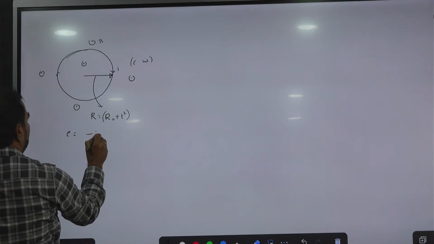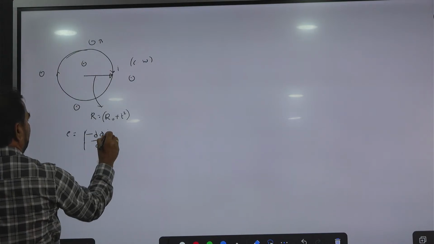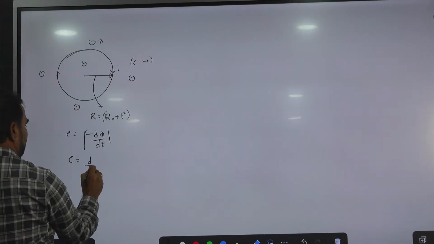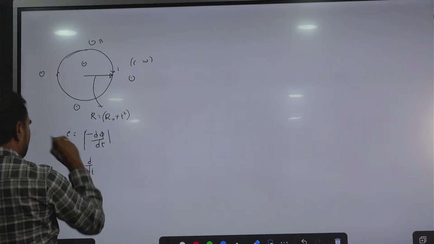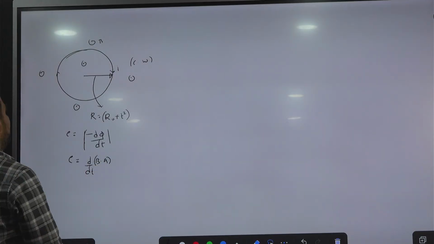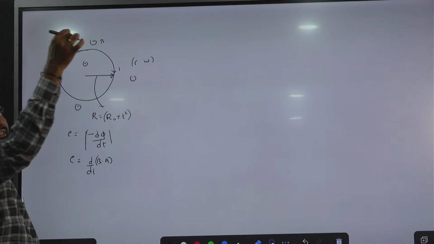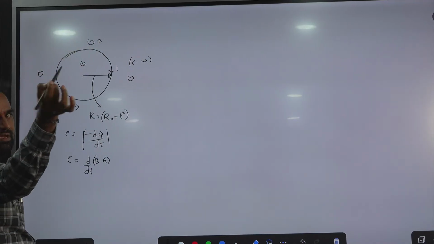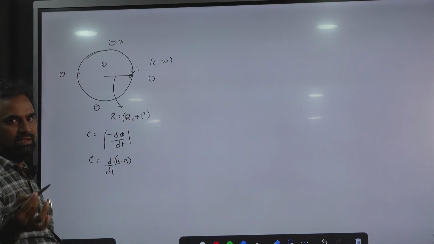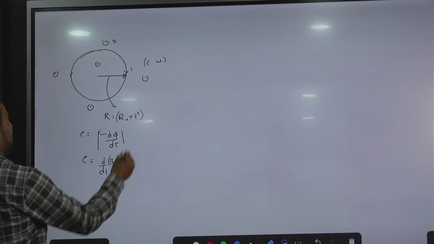E is equal to magnitude of dφ by dt, I am writing magnitude of dφ by dt, that is E is equal to d by dt of this φ value. φ is equal to B dot A. Okay, here see, area vector same direction है, B vector भी same direction है, theta is 0 हो जाता है, cos 0 value is 1, so that's what I have written, B dot A, that is BA cos theta, theta value 0, cos 0 value 1, that is called BA. ठीक है,